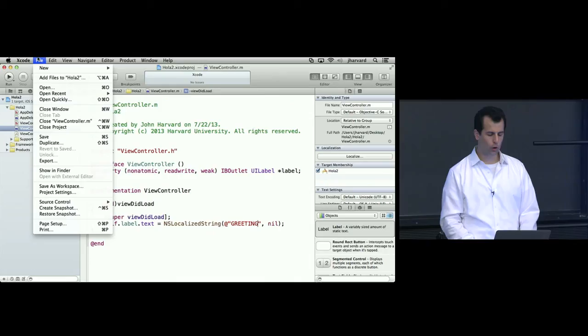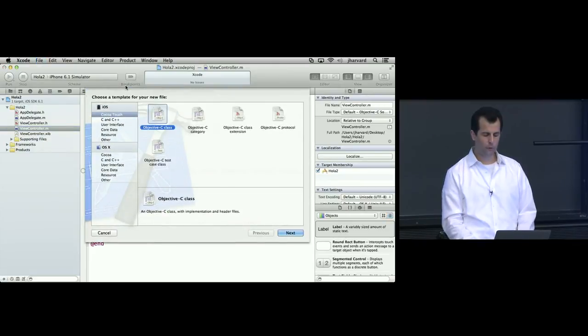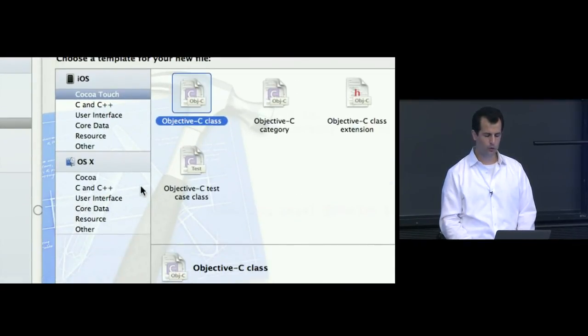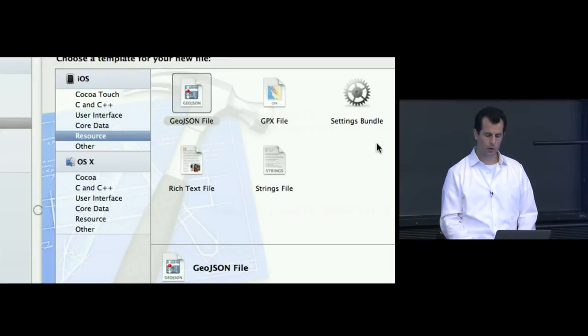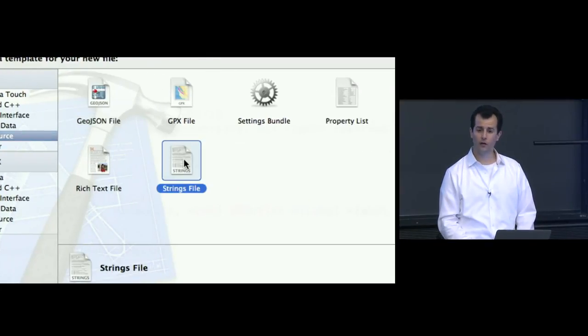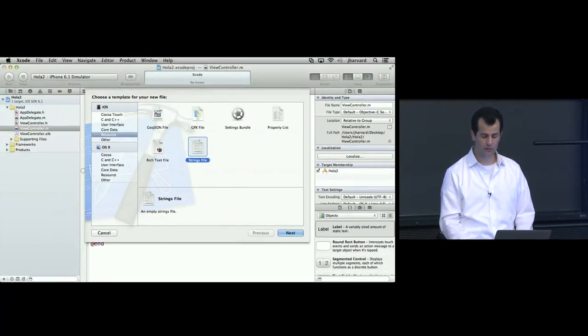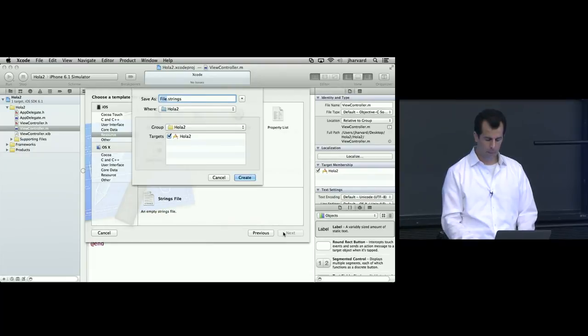So to create this, I'm going to go up to File, New, File. And we haven't seen this one before, but if you poke around, you'll start seeing some other useful things. If I go to Resource, notice there are a few resources here. Property list we've seen before. Strings file is another. And according to the description, it is an empty strings file. It's just a text file. So let's go ahead and click Next. By default, I'm going to